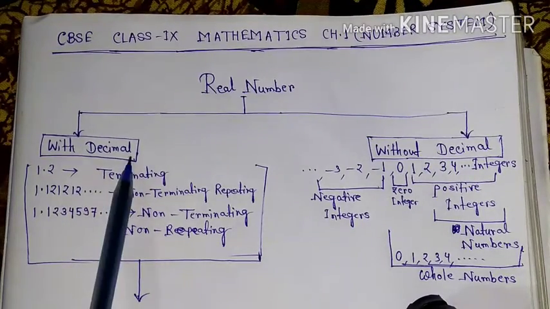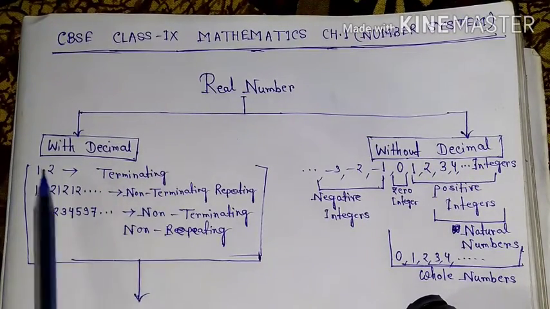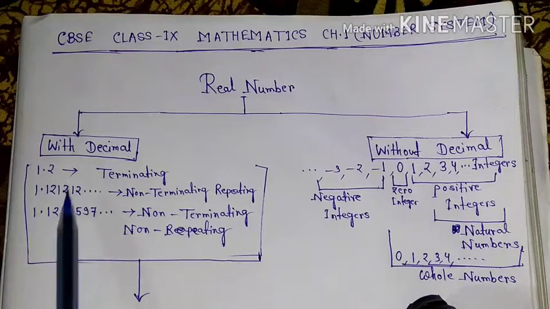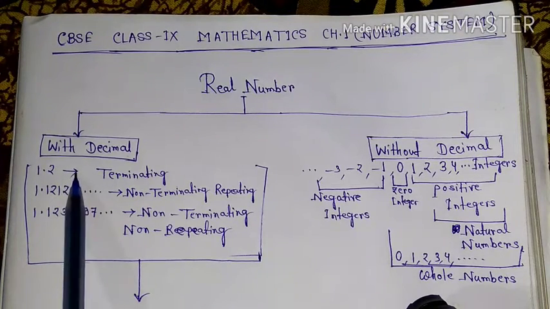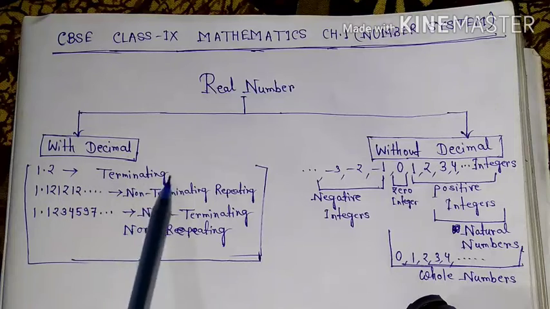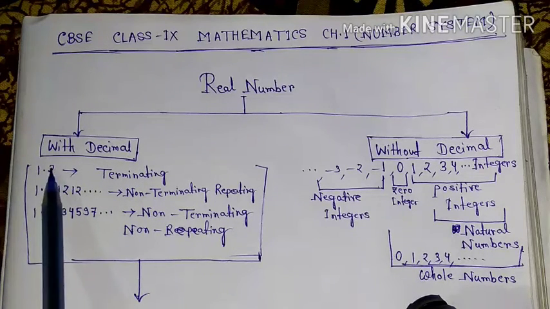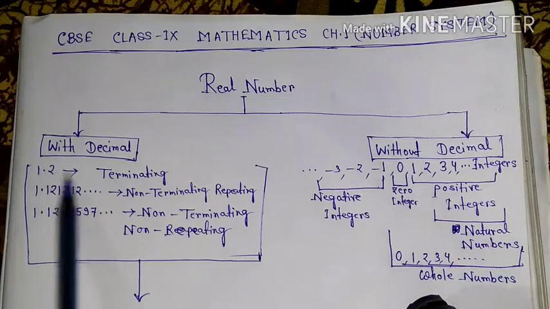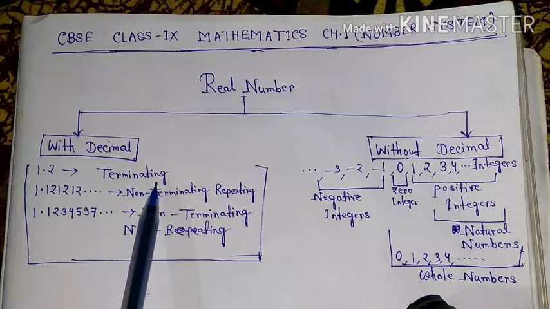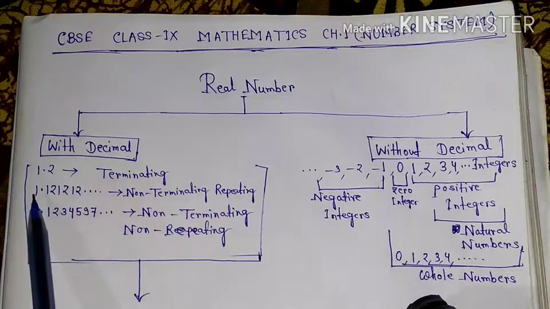Now, under with decimal there are three types of number. Like 1.2, it's called terminating. That means this type of number terminates at 2. That's why this number is called terminating. Okay, and the second is